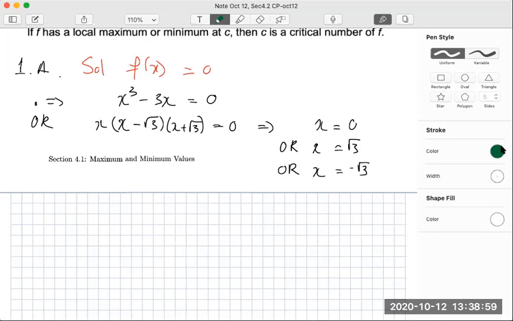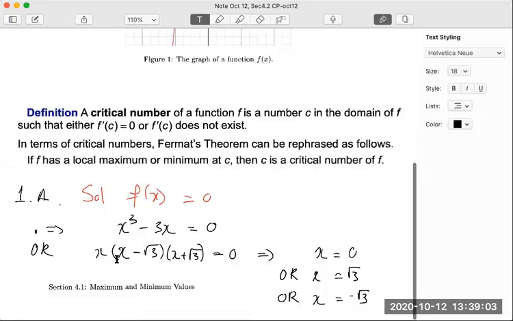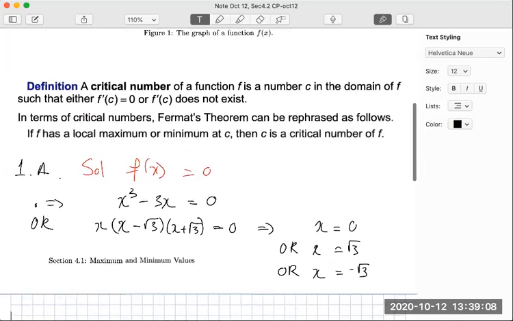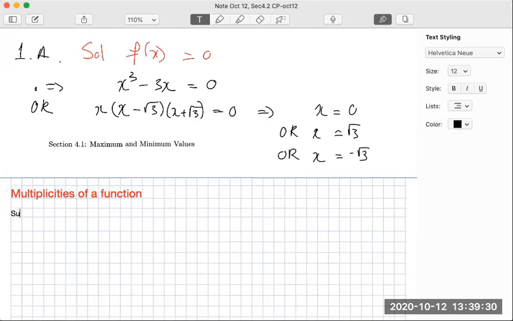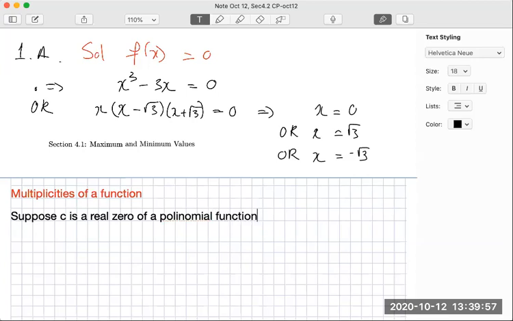So the definition of this is, suppose c is a real zero of a polynomial function f of x